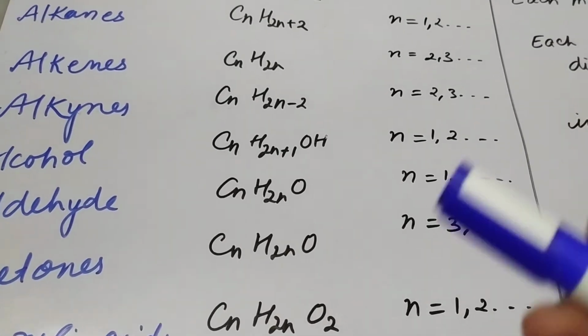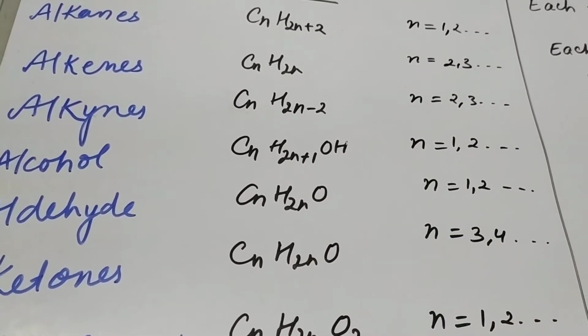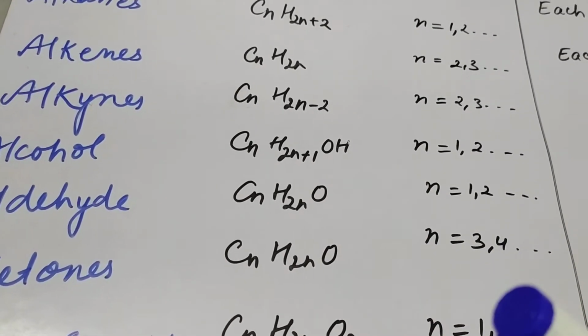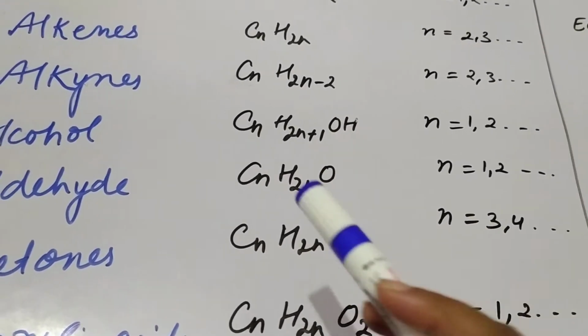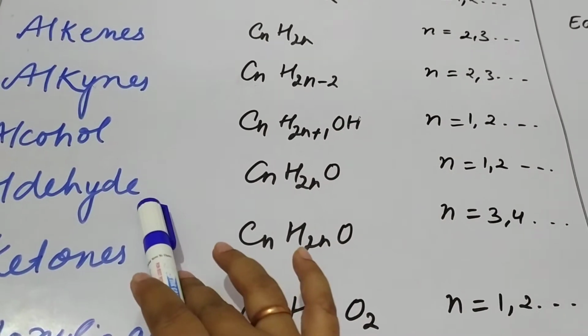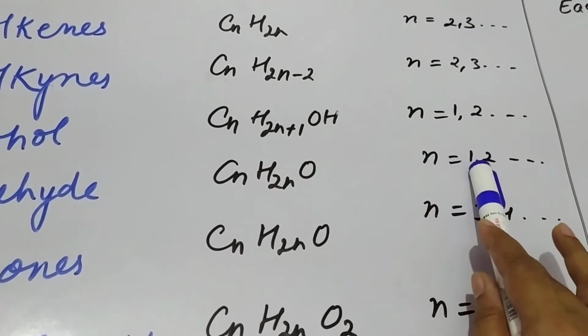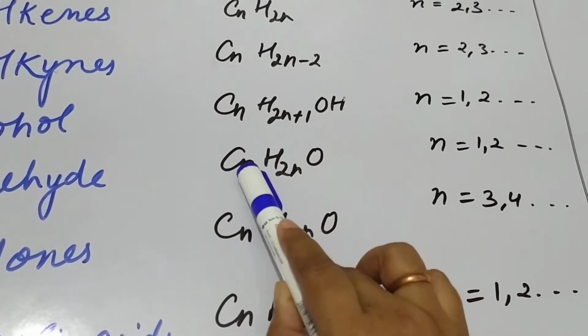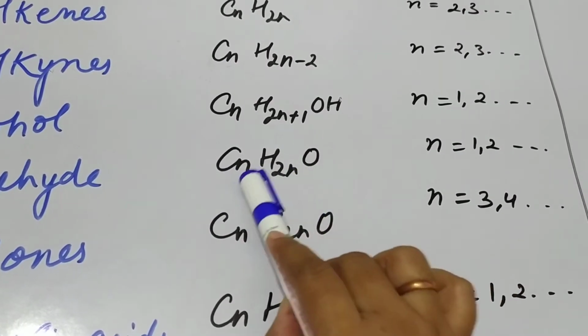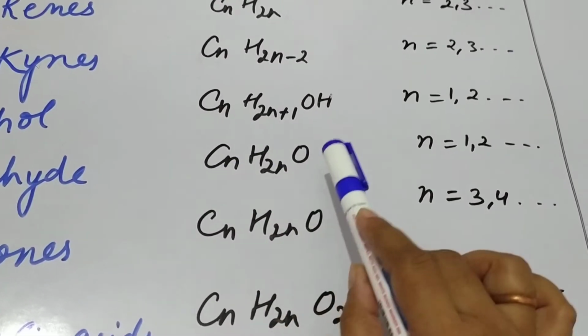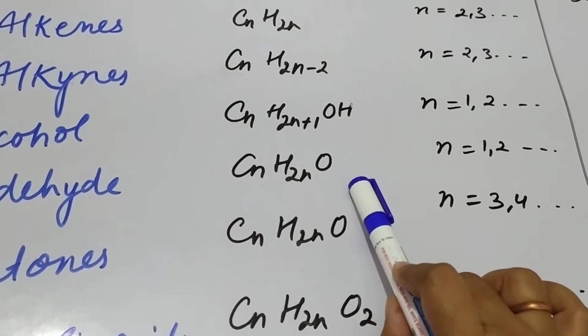Now from this general formula you must know, so that if any member's formula is asked, suppose I ask you to write the formula of aldehyde's fifth member. So the fifth member will have n value as 5. So here you will put 5, and it will become C5H10O, which will be the formula of the fifth member of aldehyde.